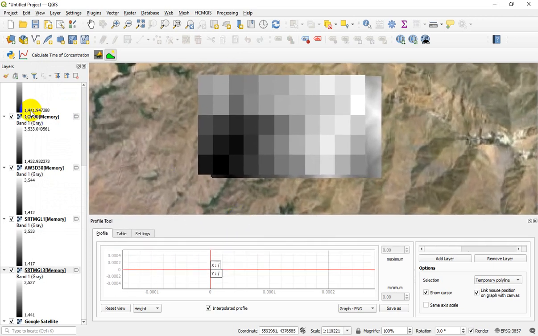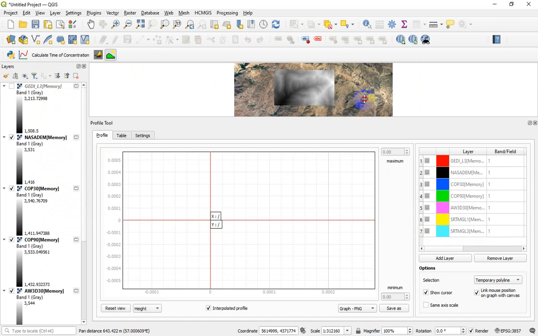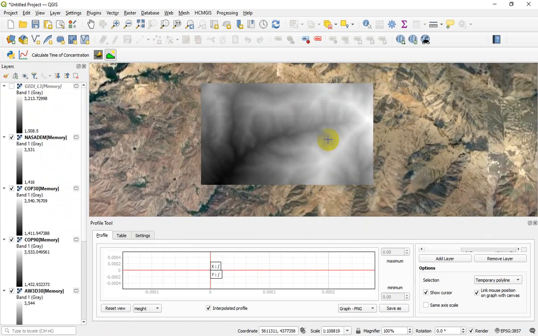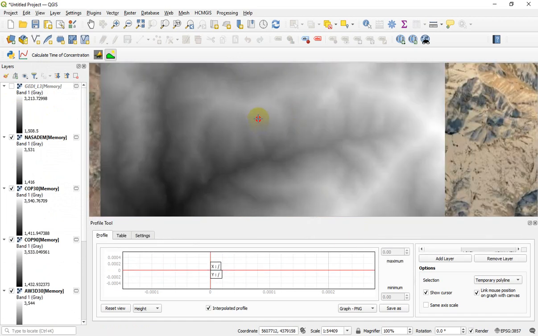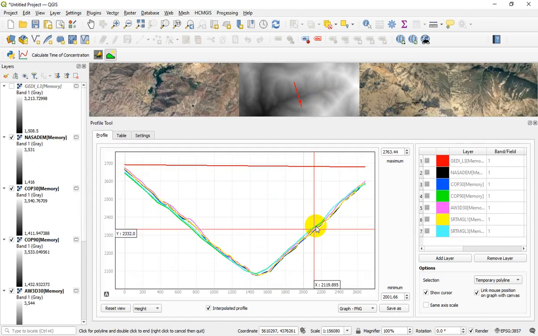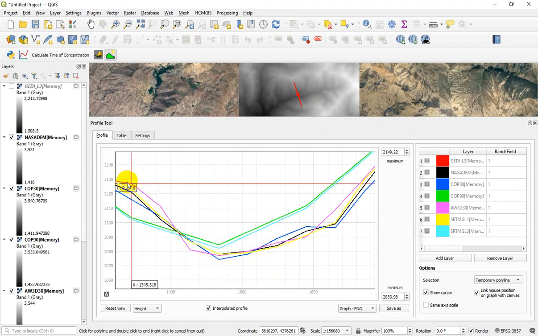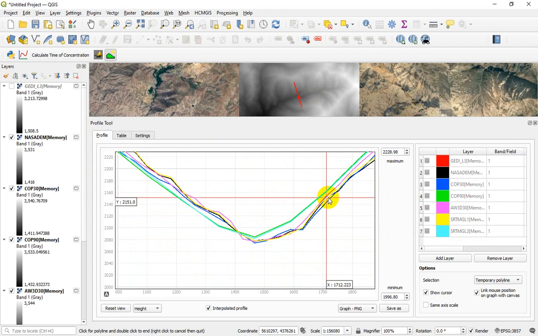Okay, at this time, let me unclick this. Okay, for example, you can create a profile here, double click here, and as you can see, the performance of all DEM sources in capturing the elevation details in this picture.